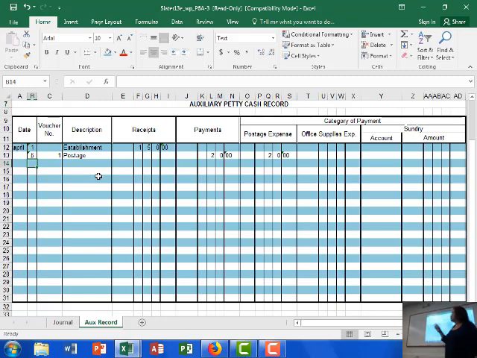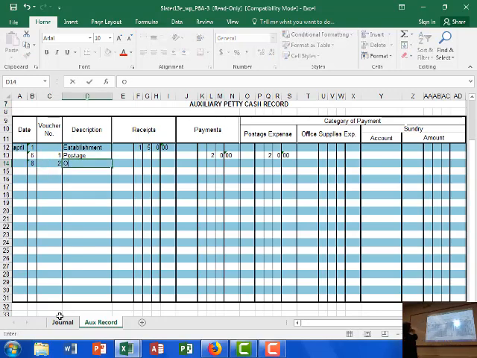So again, making sure that there is a receipt or a payment document to show that something did happen, which is that voucher, right? So then on the 8th, paid $25 from petty cash for office supplies, voucher number 2. So we would do the same thing. On the 8th, office supplies, excuse me, for $25.